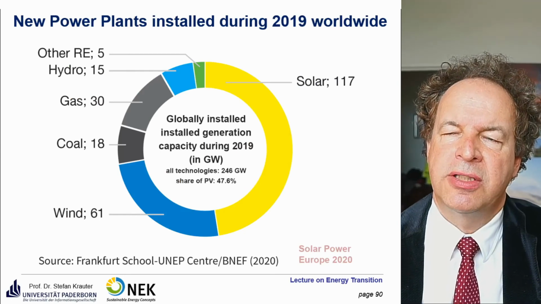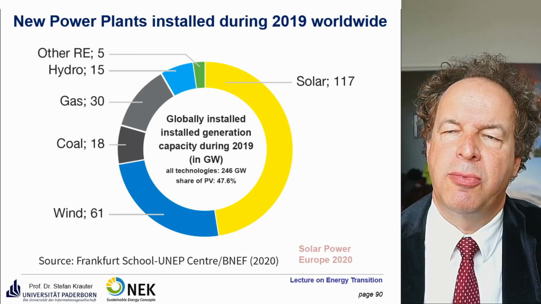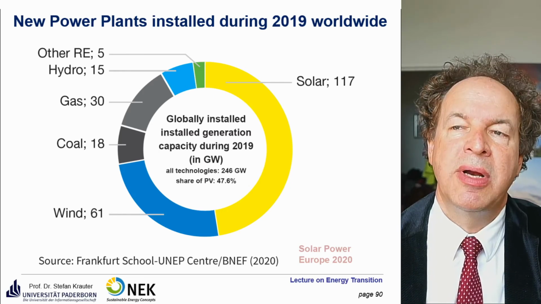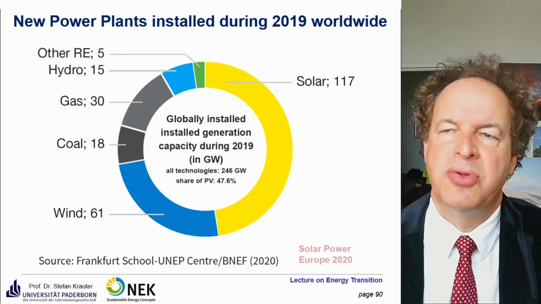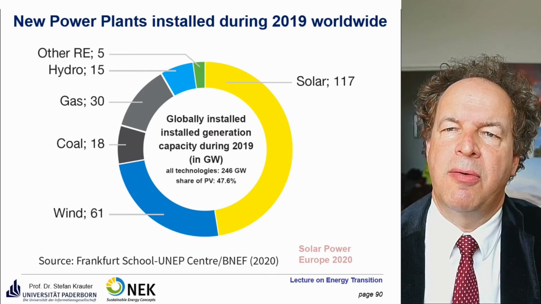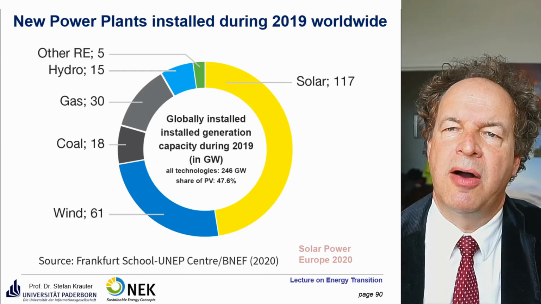If you take a world perspective and look at what kind of power plants are installed worldwide, you see that in 2019, most of the new power plants installed were solar, with a new installation of 117 gigawatts. That's nominal power, not the energy being generated. We come to this later. We have to include the full load hours or the capacity factor. Then followed by wind, 61 gigawatts, then gas, 30 gigawatts, coal, only 18 gigawatts, hydro, 15 gigawatts, other renewables, 5